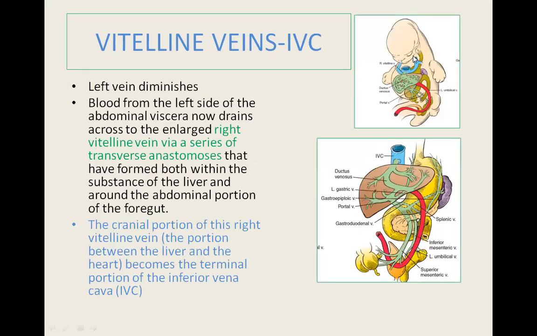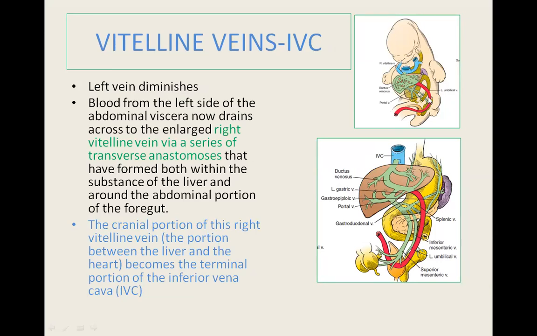Now, how the terminal portion of the inferior vena cava is formed. You have to focus over here. This one is the right vitelline vein. The left vitelline vein will diminish. Why? Because a left to right shunt was being formed. So the left horn loses its importance. All the veins draining into it will regress gradually, except the left umbilical vein. So left is left. You have to remember like this. The left umbilical vein will be left, the rest all will regress.